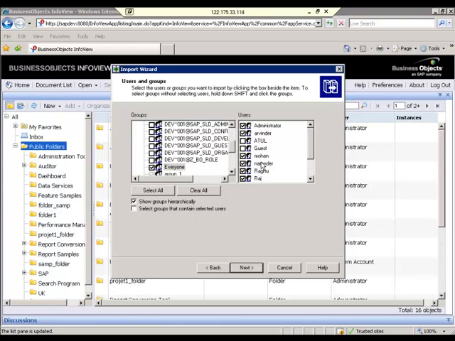Okay, now what we selected, three things. One is what folders you are going to migrate: my favorites, inbox, public folders, as well as folder rights, the access privileges for the users. Next, you are selecting from DB1, and third, you selected user groups. You selected everyone as a group and a few users. If you want to select all users, you can. This time it will migrate all users, inbox documents, favorite documents, and public folder documents. Okay, click on next.